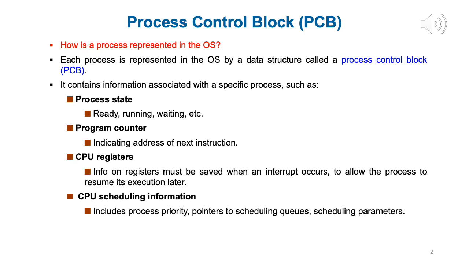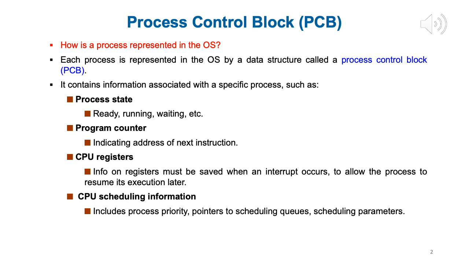Next is CPU scheduling information, right? So here you can have information about the priority of a process. We'll soon see that each process can be assigned a priority value. Which means that if the priority value of a process is higher, it gets an earlier shot at the CPU. Right? If it's lower, it will get a turn to execute a bit later. So if you want, you can assign priorities. It is not mandatory.